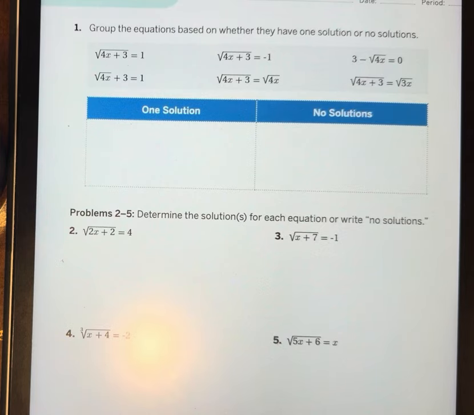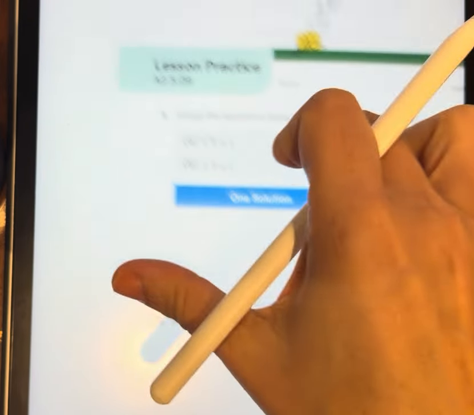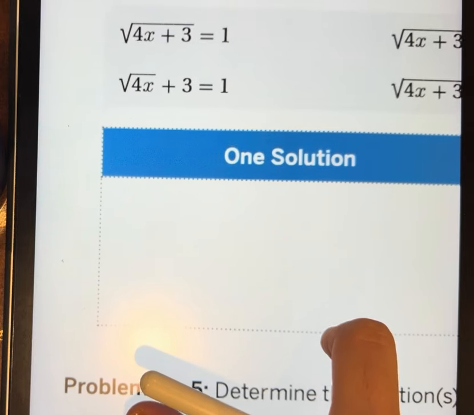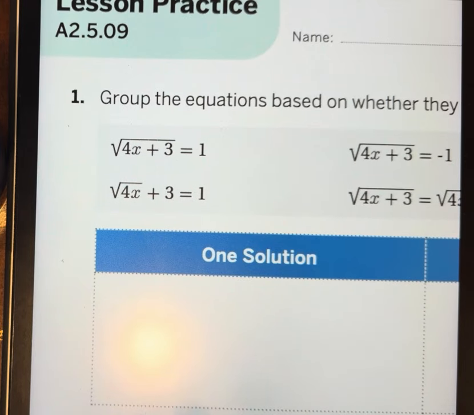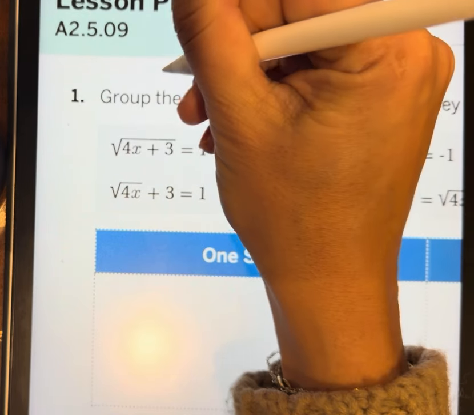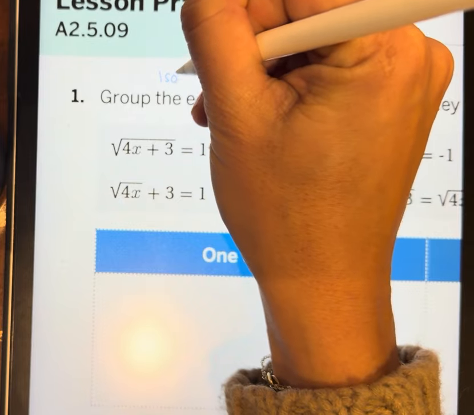Here we are doing 5.9. So they want me to just look at these equations and decide if they have one solution or no solutions. So let me tell you where my head is at with these. Where my head is with these is that if I have an isolated